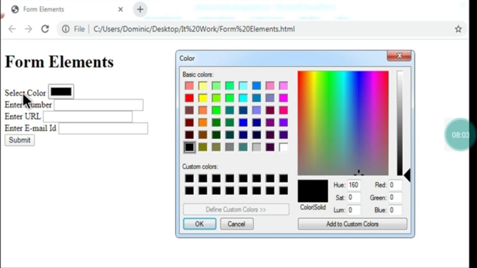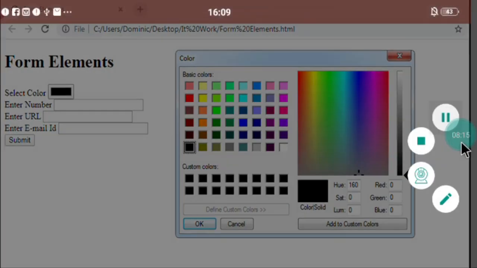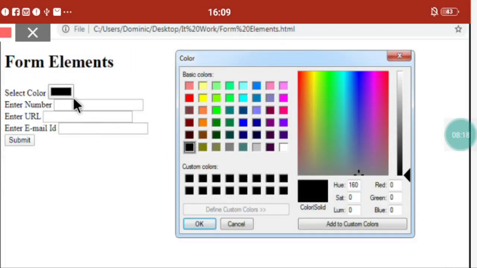And then the next text I have typed is select color, and after that I used input type equal color. That's why here you can see the color picker. I'll show you by highlighting here what the color picker is, where it's called. This is called the color picker. Okay, so once you click on the color picker, you will get